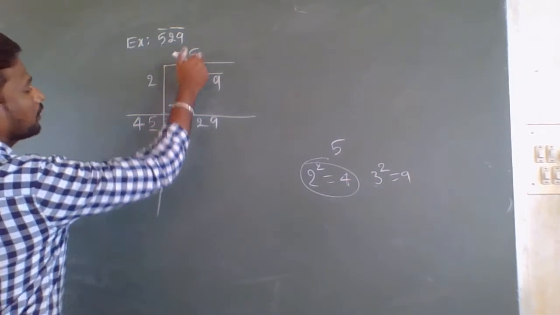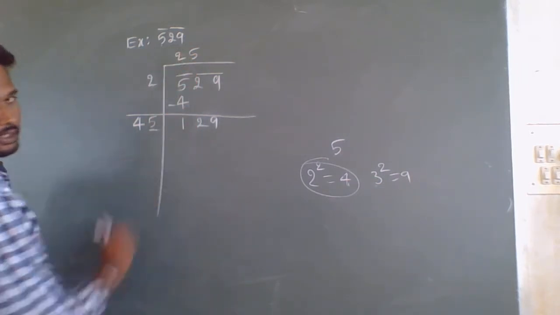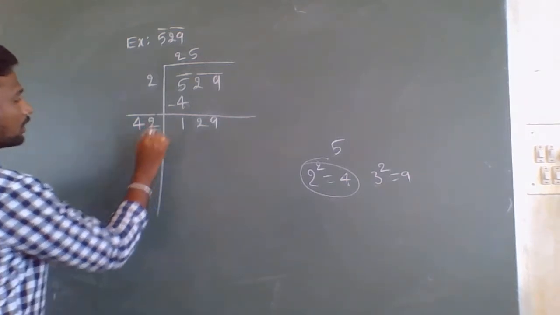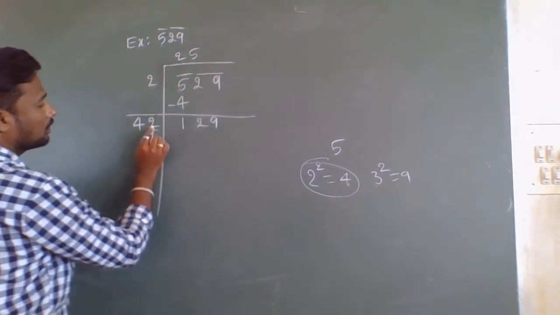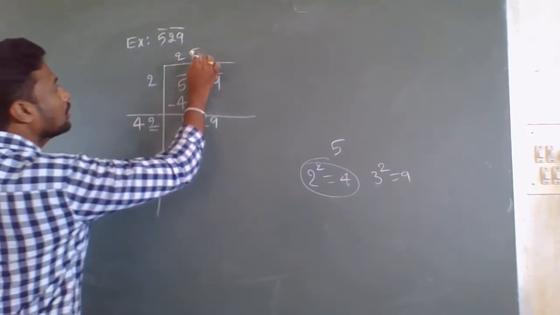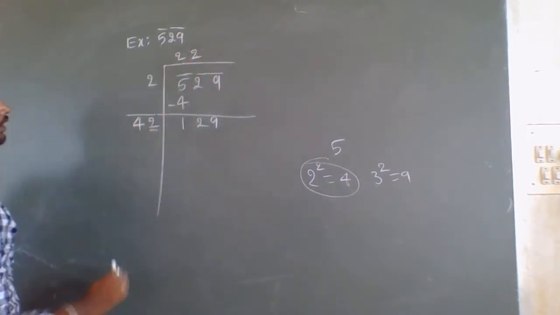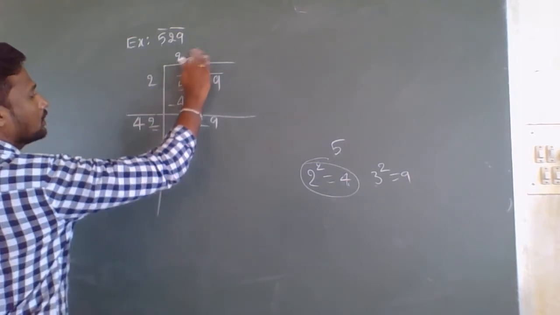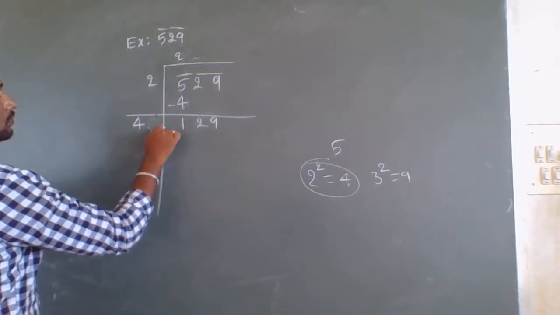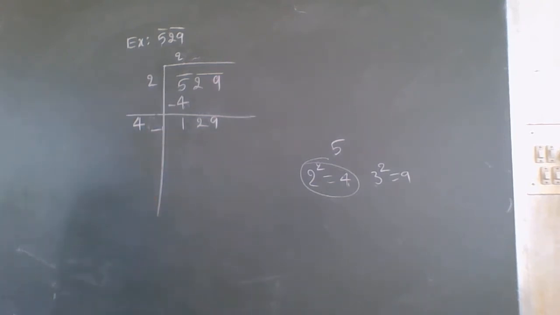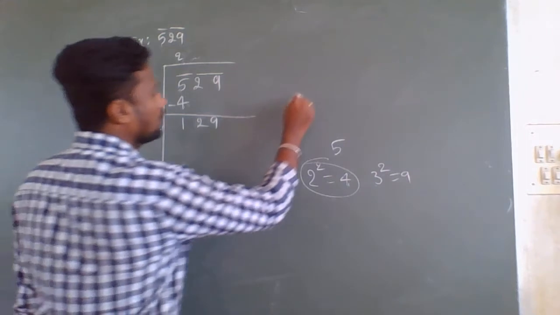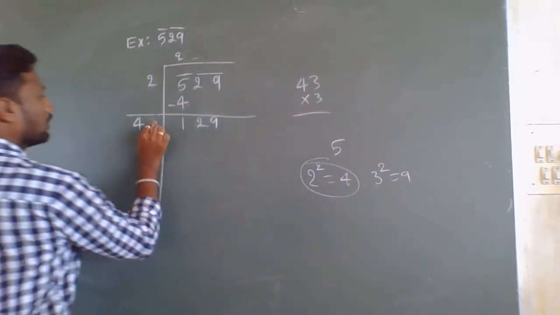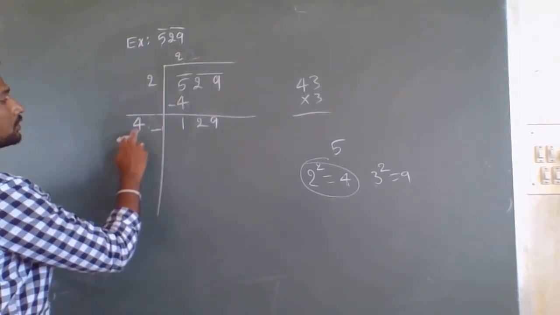Means 45 5s are. What you will get? You have to write here. Or again for example, if you write 2 here, 42. Here if you write 2, means here also you should write 2 only. Now here you should write 42 into 2. Okay. So now we will check with 129. So if I consider 3 here, we will see 43 into 3. If I have written 3 here, I should write 3 only, means 43 into 3.